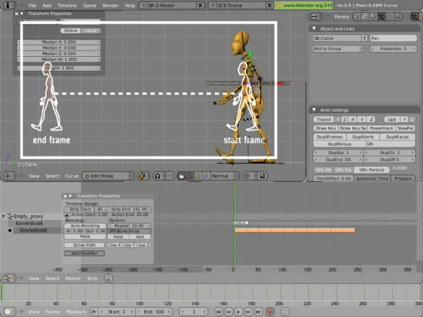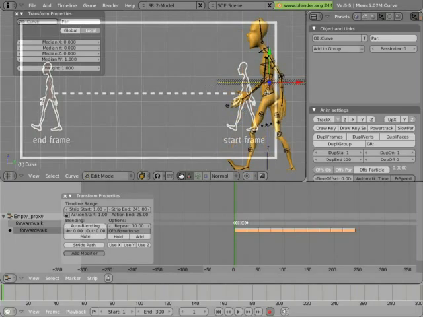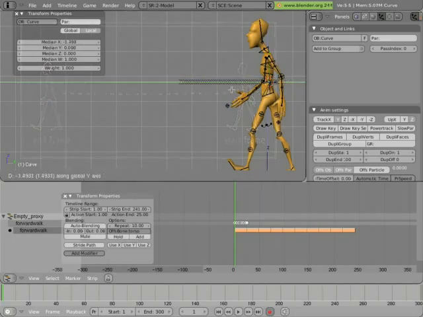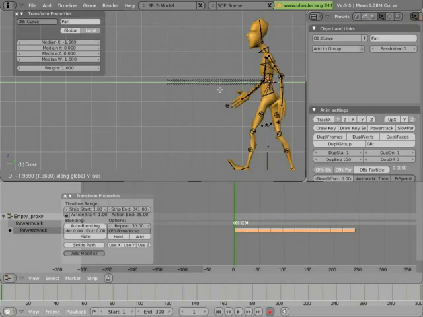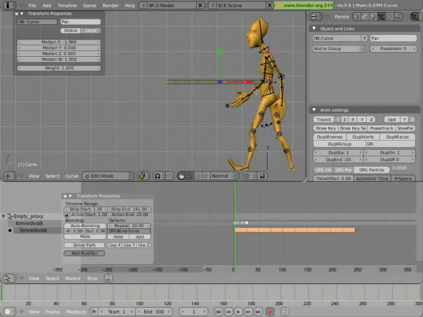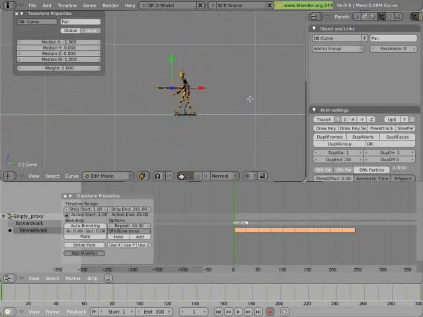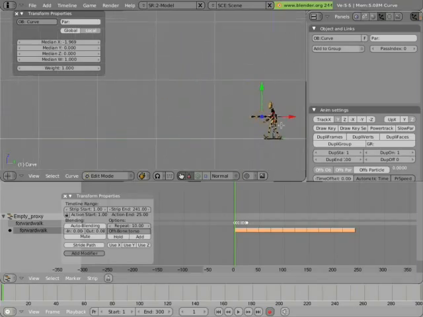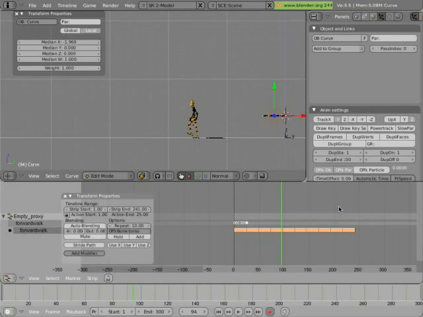It doesn't have to be perfectly accurate, so we're going to hit G to grab those points, and then Y to constrain to the y-axis and move those forward until the first point is roughly located right where the cursor is. Now we have to get the last point to be at the last frame, the last position of the torso, so we simply move the timeline forward until the last frame of the action, and now we have to scale